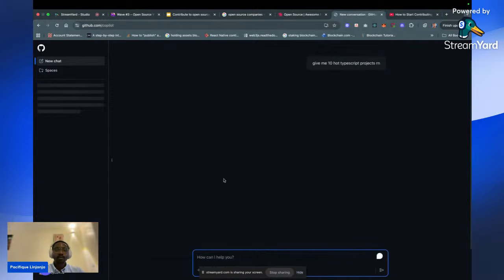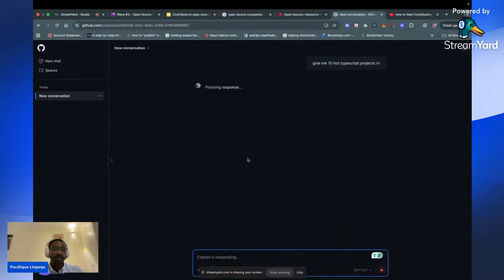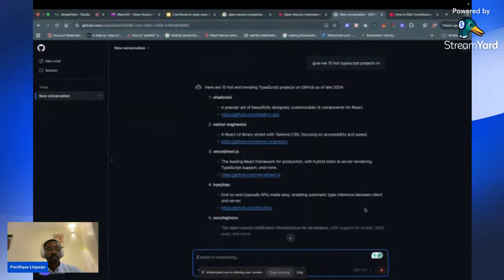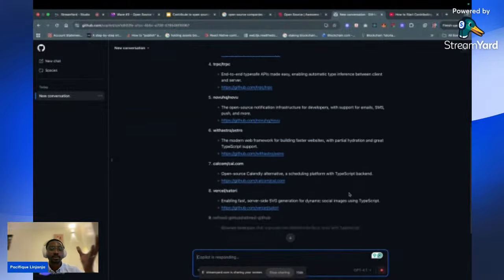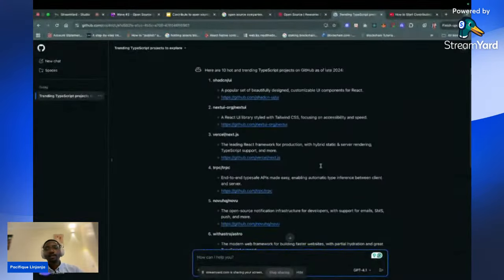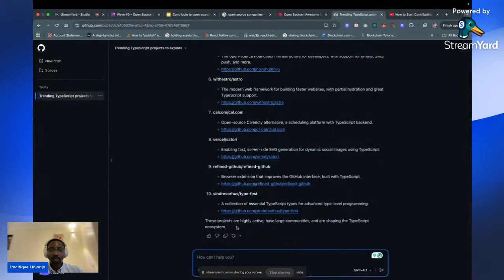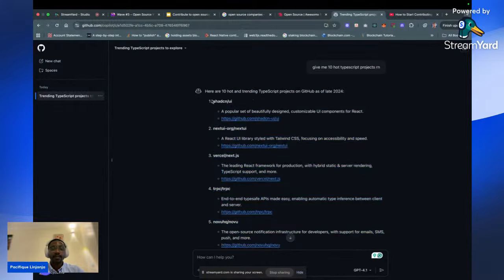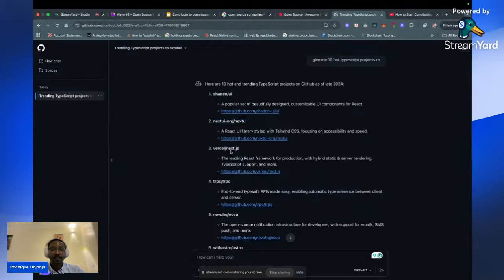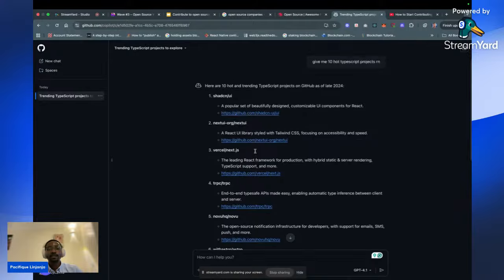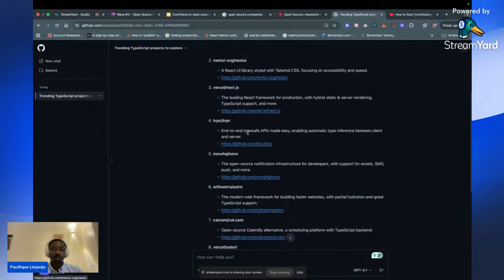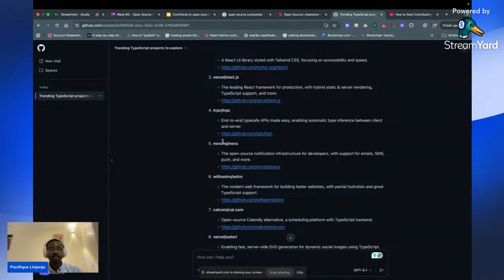We can use these Copilot features, which can also help us select projects we need to contribute to. If you need your projects to be ranked among these projects, the reason why these projects are on top is not because they are paying GitHub or whatever. It's just because they have a lot of activities. People are actually contributing to those projects. So you need to make sure that your project has some activities.